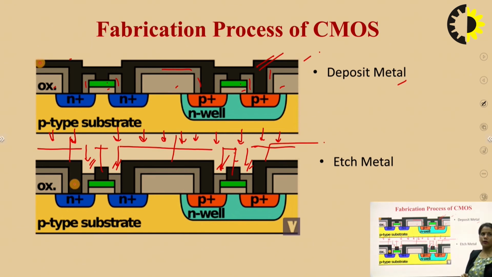So this is how the fabrication of NMOS and CMOS has been completed, and this fabrication part is a very important topic of this subject. We have to understand how complex devices consisting of multiple layers of these NMOS and PMOS devices are fabricated. These are the basic steps, starting from the oxide deposition, the nitride deposition, patterning, polysilicon deposition. These are the very basic steps which are incorporated in the fabrication of any of the complex devices.